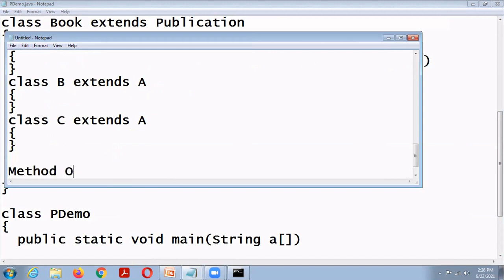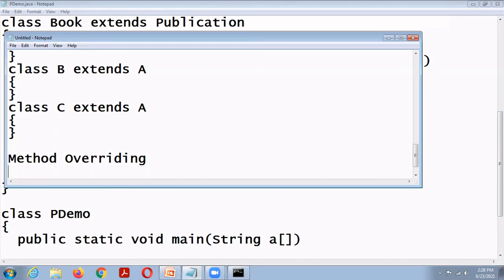Important concept: method overloading. You have already seen method overloading; this is method overriding. So what is method overloading? Same method name but different parameters. The class contains more than one method with the same name, but the signature is different.